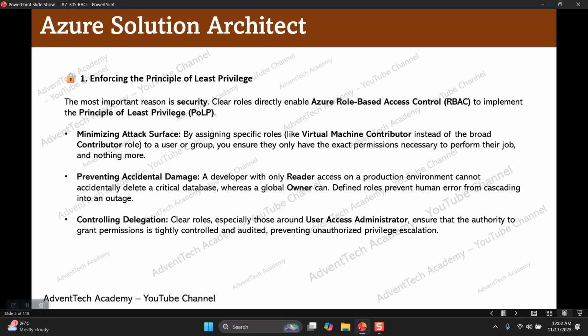Why do we need this least privilege access? Why do we enable Azure RBAC roles? We need to minimize the attack surface. If we want to minimize the attack surface, we need to implement the least privilege access model, the role-based access model. So we need to assign the specific role to the specific team members instead of providing, like, for